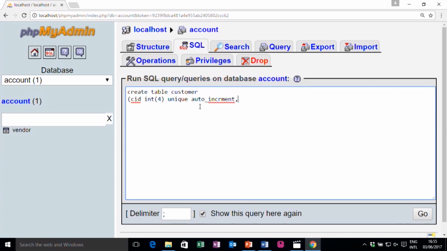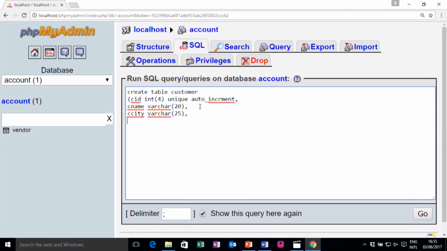This is my first column. Then I can write customer name. It is varchar and 20 characters. Then customer city, it is again varchar and let us say 25 characters.